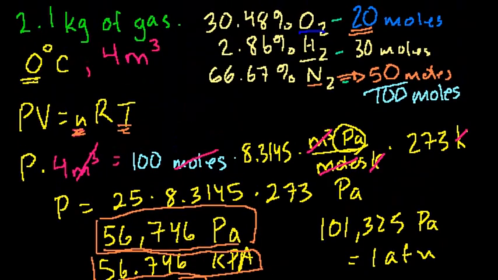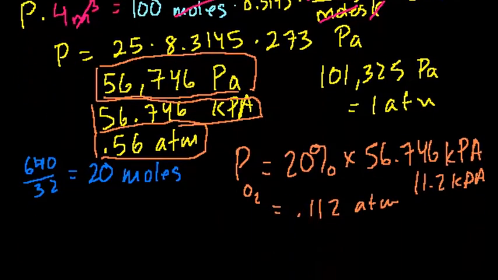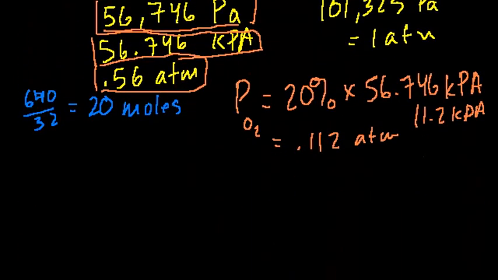What is the partial pressure due to nitrogen? Well, even though 2/3 of the mass is nitrogen, only 50% of the actual particles are nitrogen. So 50% of the pressure is due to the nitrogen particles. Remember, you have to convert everything to moles because we only care about the number of particles. So if you want to know the partial pressure due to the nitrogen molecules, it's 50% of these. So it's